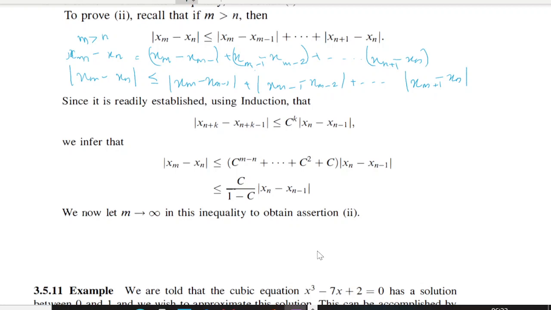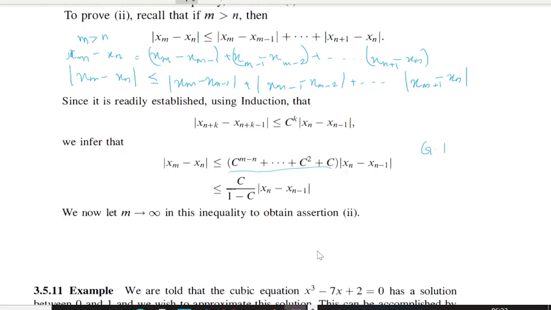And we will get |x_n − x_m|, which is less than or equal to (c^{m−1} + ... + c² + c) |x_n − x_{n−1}|. And this value is less than or equal to c/(1−c) |x_n − x_{n−1}|, since this will form a